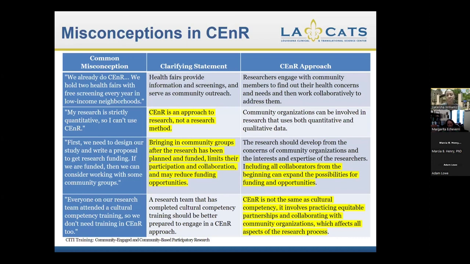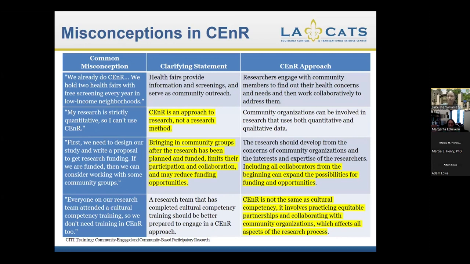These are some misconceptions in community engaged research. And so I'll kind of go through a few. The first one, common misconception: we already do community engaged research. You may hear this a lot of times. We hold 2 health fairs with free screening every year in low income neighborhoods. And so clarifying that, yes, the health fairs are providing information, they're providing screenings, it's serving as community